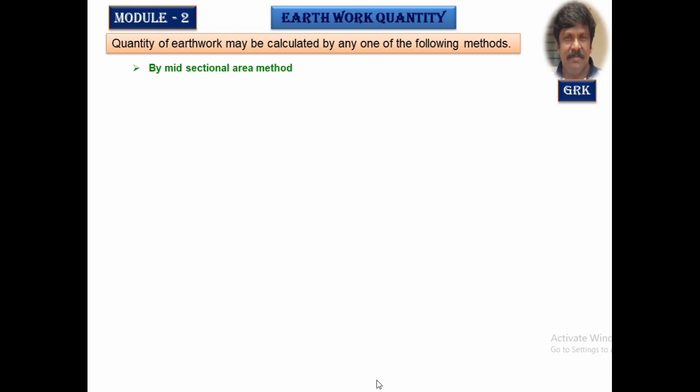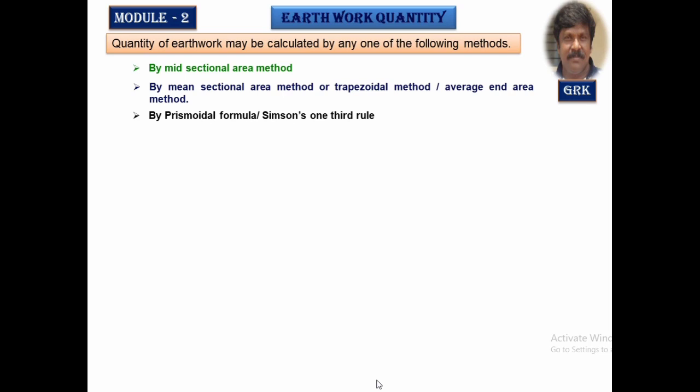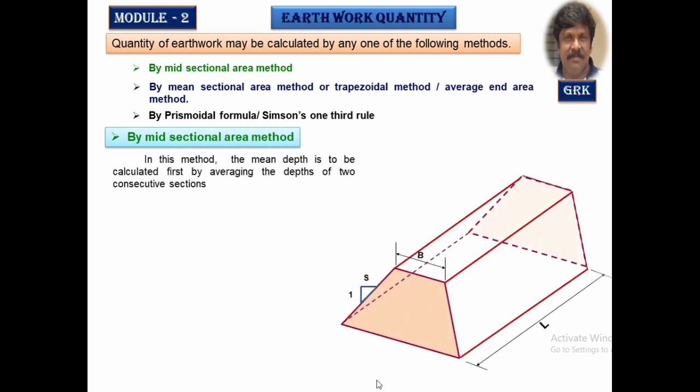We will try to solve the problems by the three methods in this session as well as in the coming session. So we have the mid-sectional area method, the mean sectional area method, which is also called the trapezoidal method or average end area method. And the third one is the prismoidal formula, also called Simpson's 1/3 rule formula. We'll try to understand the formulas used in each method